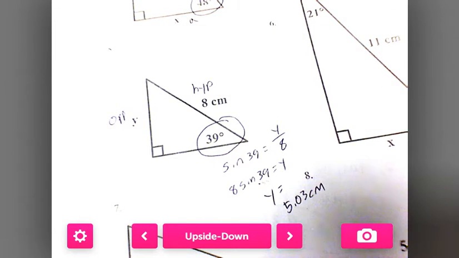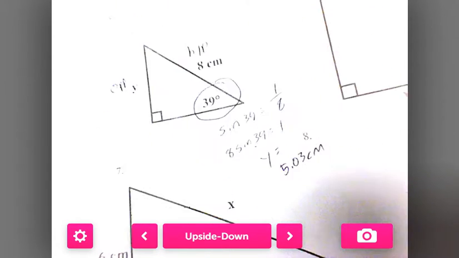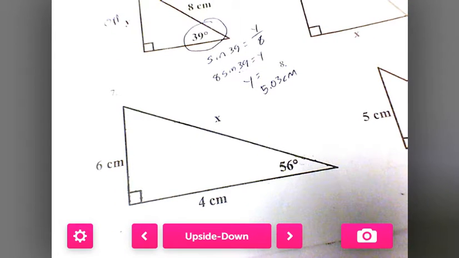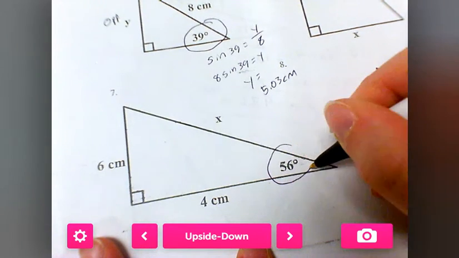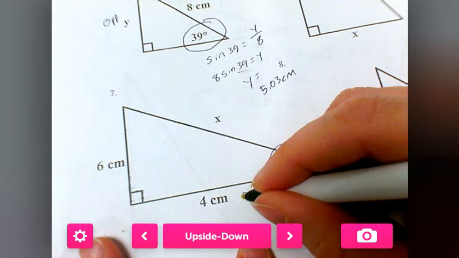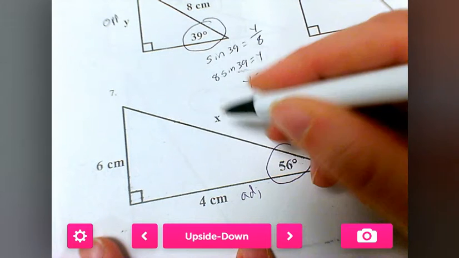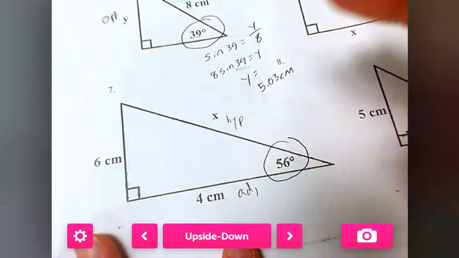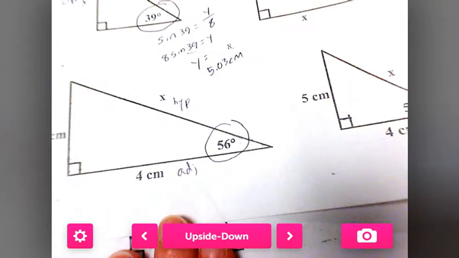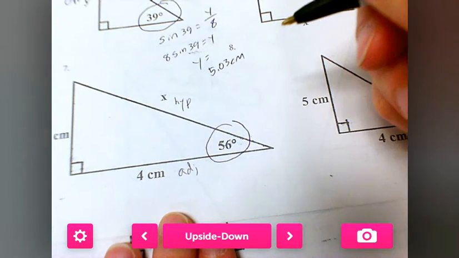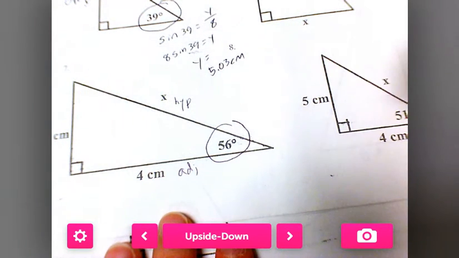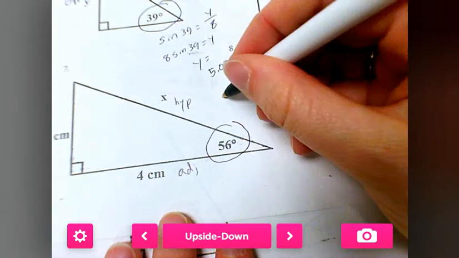Okay, let's do number 7 and then we'll be done. Now number 7 gives you 3 sides, but you only need to use 2. So in this case, I'm going to look at 56, and I'm going to use the adjacent and the hypotenuse. You could have used opposite and hypotenuse. It would have been fine. Okay, so adjacent hypotenuse uses what? Sine, cosine, or tangent? Cosine. So we go cosine of 56